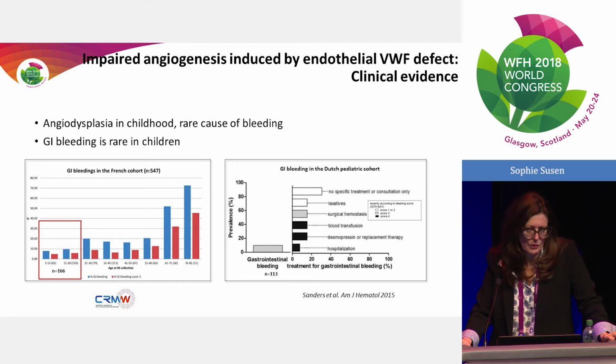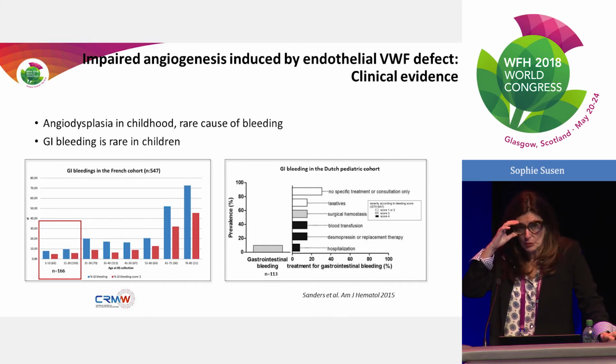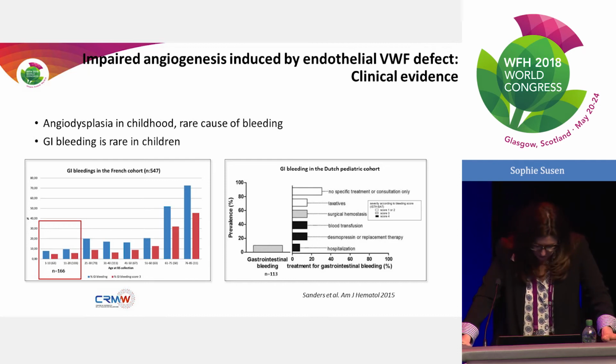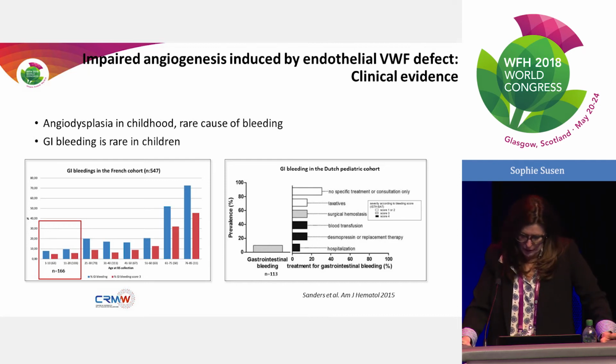Angiodysplasia is a very rare cause of bleeding, and GI bleeding is a very rare cause of bleeding in children. Pediatricians who are not treating von Willebrand disease patients do not search for angiodysplasia when a child comes with GI bleeding. And you can see on the left part of the slide the report of the French cohort of von